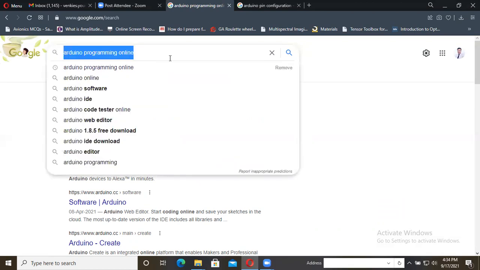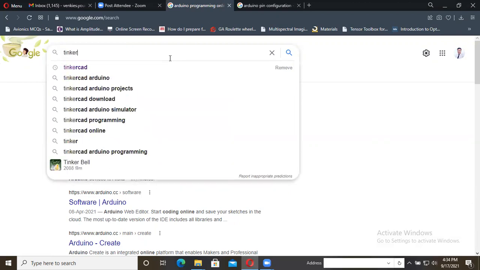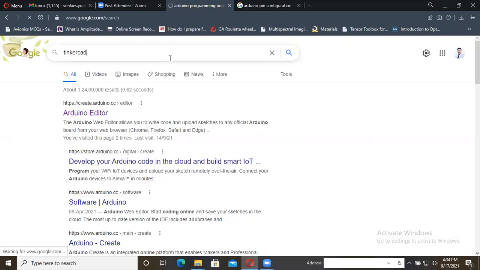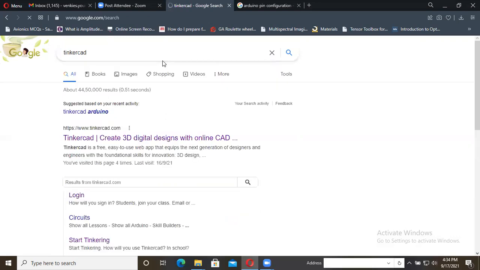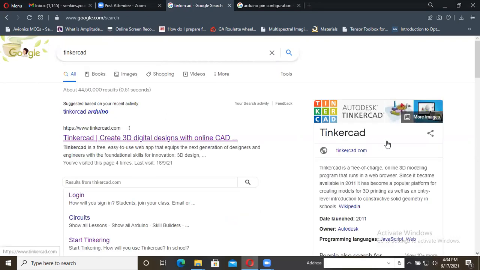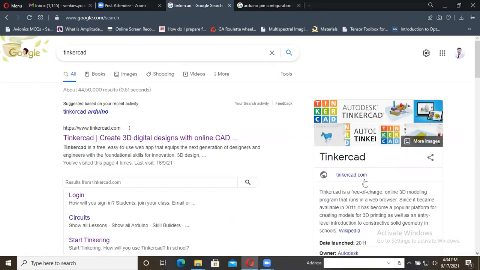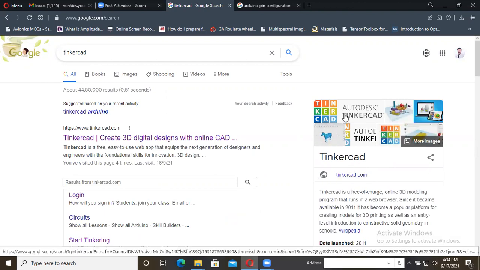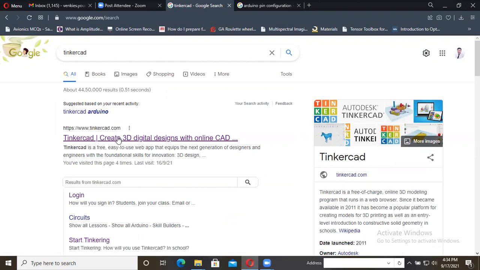So just type Tinkercad. This can be done and is possible only in this website. It is called tinkercad.com. So this is developed by Autodesk. So just open this